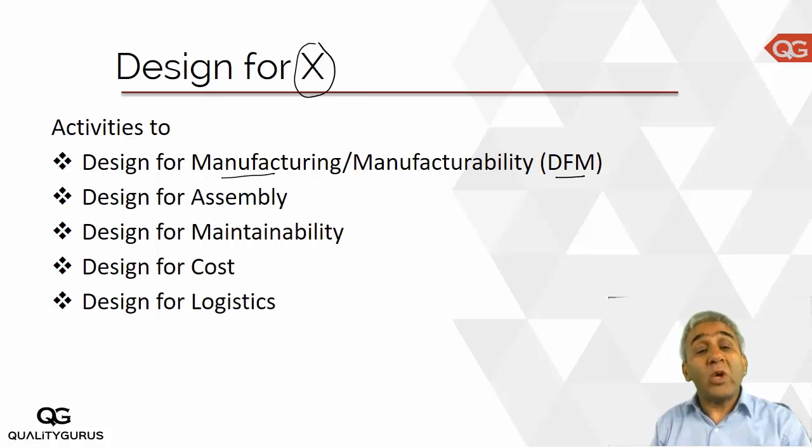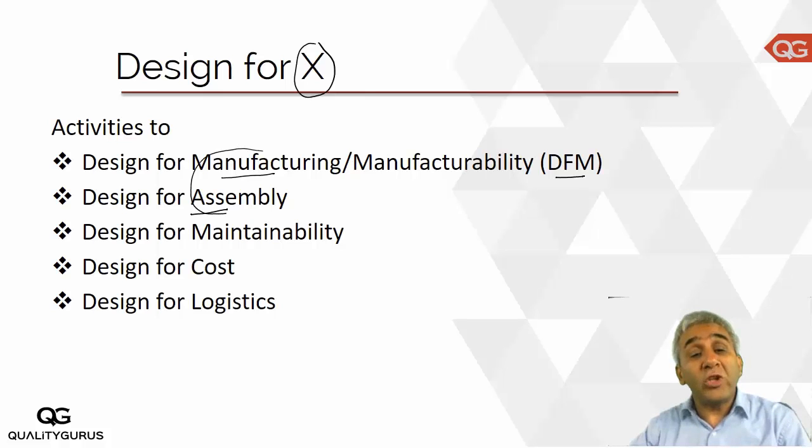Or you might want to have a design which is good for assembly, easy for assembly. Like if you see furniture in IKEA, those furnitures are sent to the customer and the customer does the assembly themselves. So what these people want is that the design has to be easy for assembly, because the customer has to do assembly themselves. So that is design for assembly. That could be another thing which you might want to focus on. Somewhere you would see these two things together, design for manufacturing and assembly. So that could mean DFMA. You would see this term somewhere.